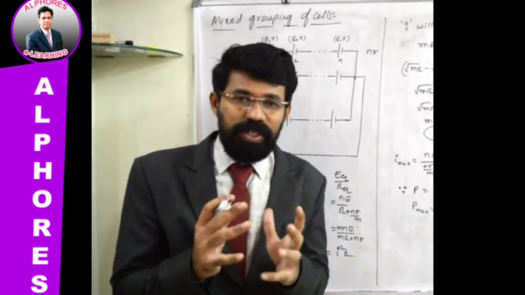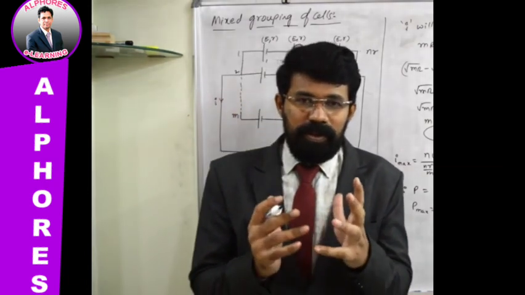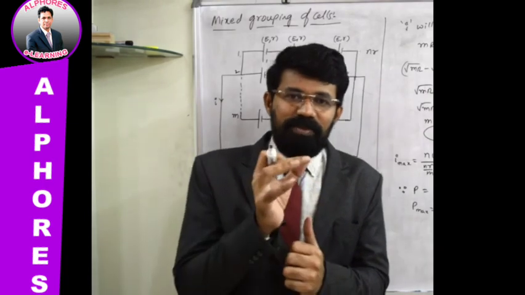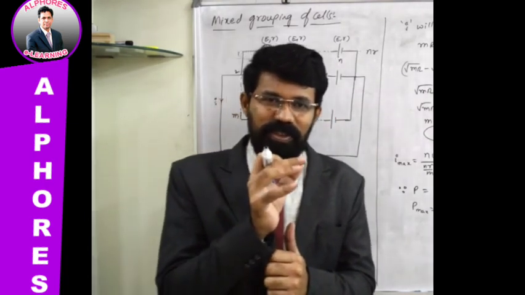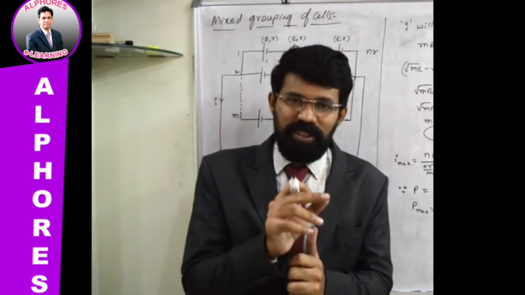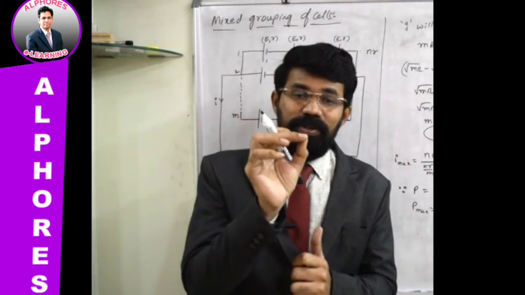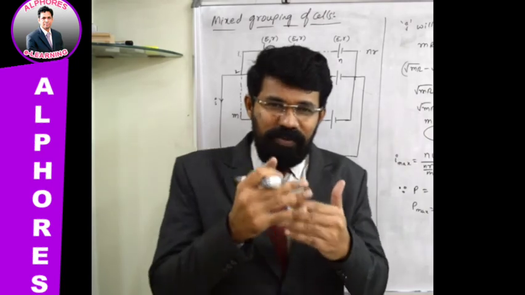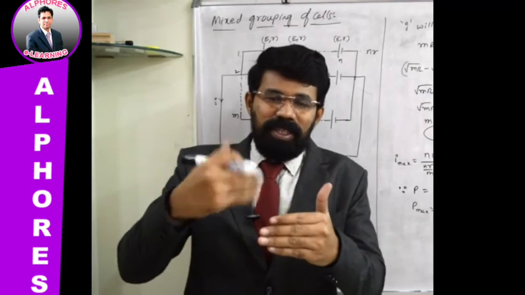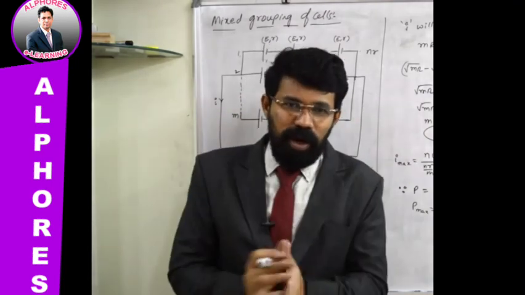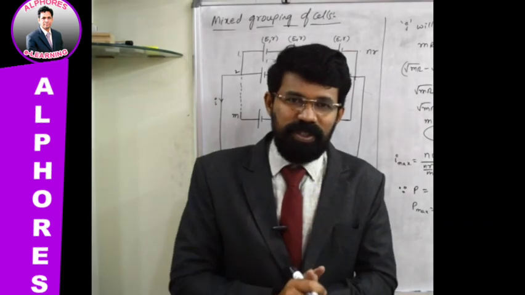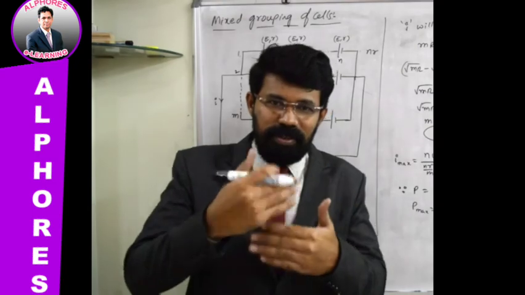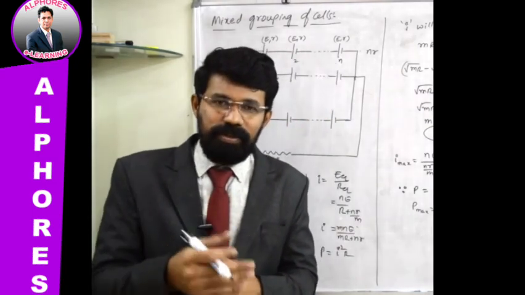Okay. So whenever you think of cells, what are the important points that you should remember, you should recollect? Terminal potential difference. Terminal potential difference corresponding to a particular cell can be written as V is equal to E minus I into small r, where small r is internal resistance. And that V is equal to E minus Ir can be mathematically manipulated into several forms. Depending upon the situation explained in the question, you have to use the appropriate equation, after transforming V equal to E minus Ir into various forms.